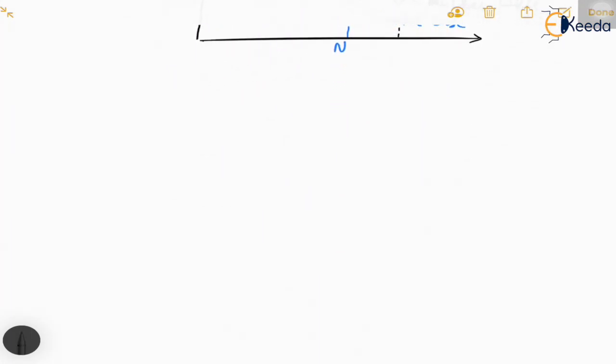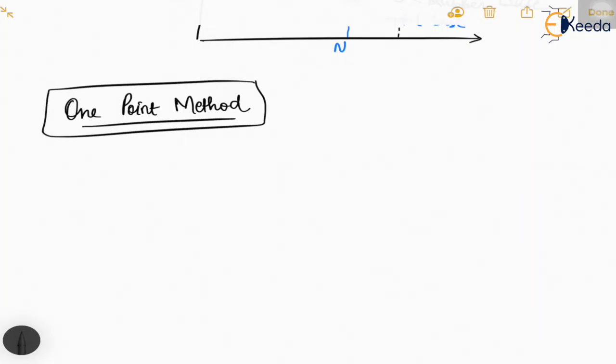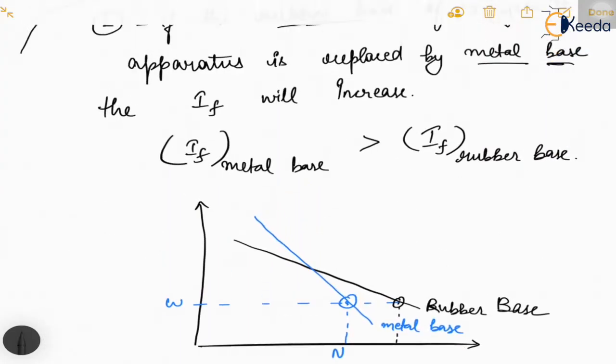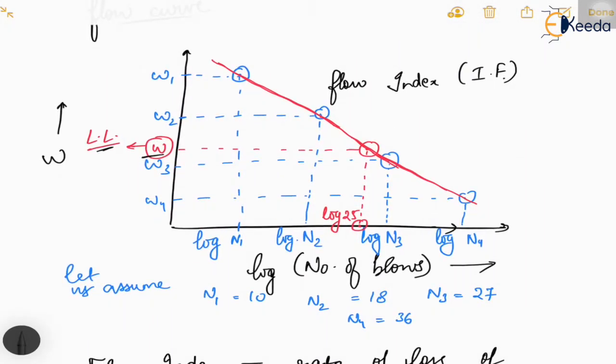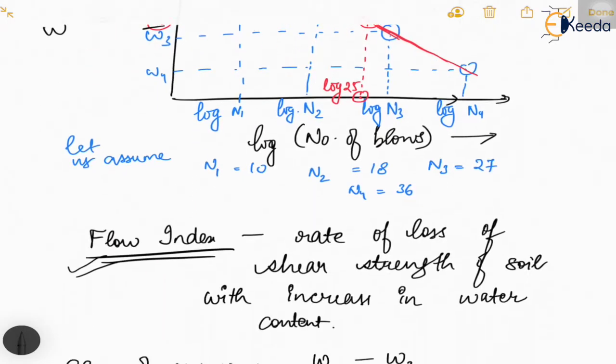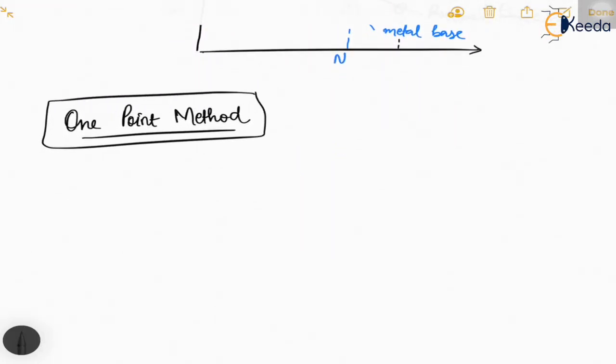Moving on to the next method, which is the one point method. Now this is based upon the Casagrande method, and the liquid limit is computed using a single observation rather than taking multiple observations as we have done in this problem. Here we have taken four different readings of different combinations of water content and soil, and we have obtained the value as per Casagrande theory, as per the graph. So what the one point method states is that